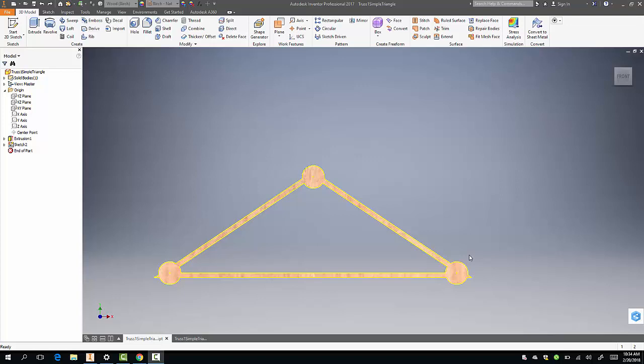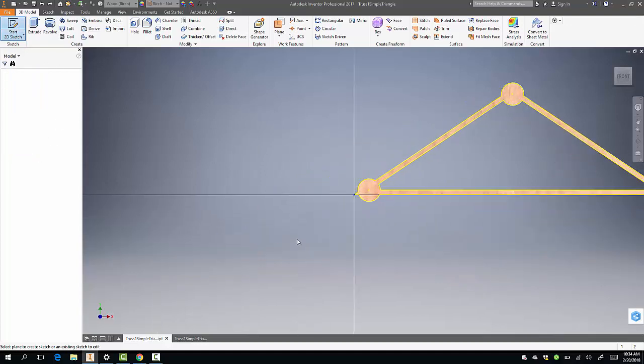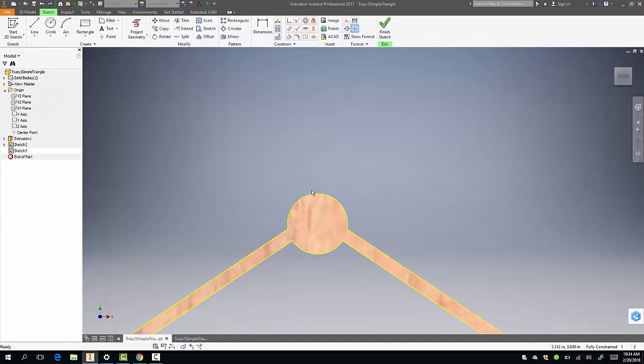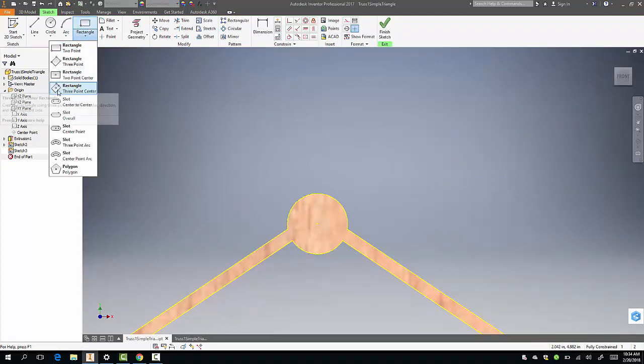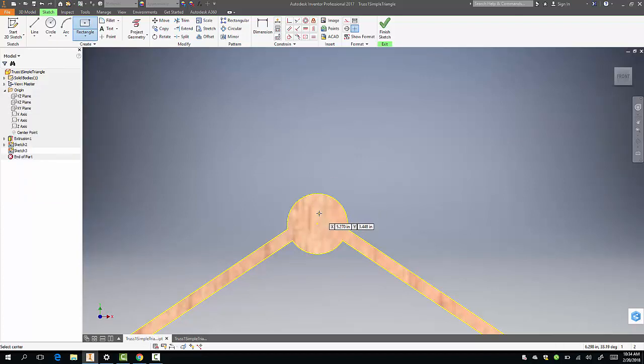So, forgot we need to add a little notch for where the force tester holds onto this truss. So I'm going to add this in, and then I'm going to show you how to do stress analysis. So I click on Create Sketch, click on this front surface here, and I'm going to get a rectangle. I'll just do this center point rectangle, and so I'll snap here, go up, get dimension,